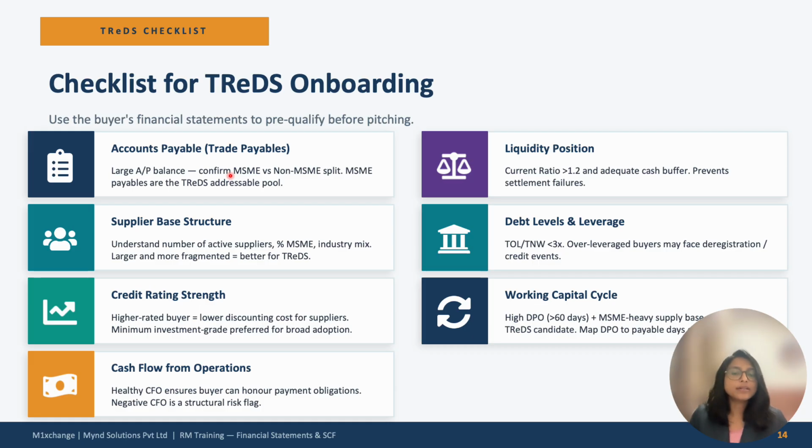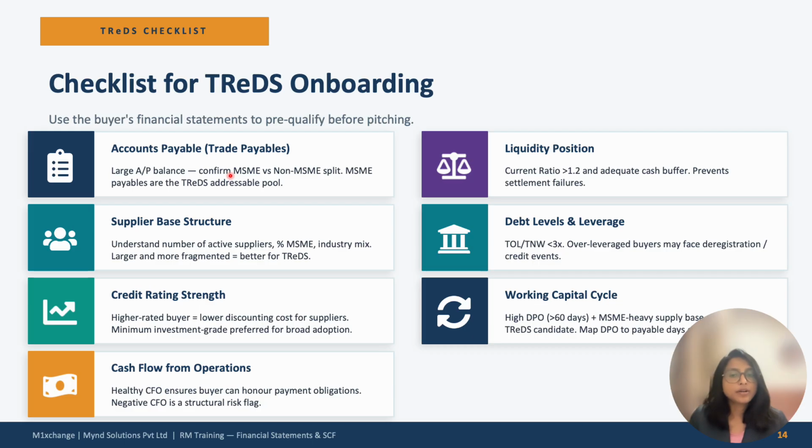It does not want to show the outstanding to the MSME suppliers on its balance sheet, and it might clear all the dues, right? But if there is a significant portion of its payables under MSME supplier outstanding, we know that yes, it's a good